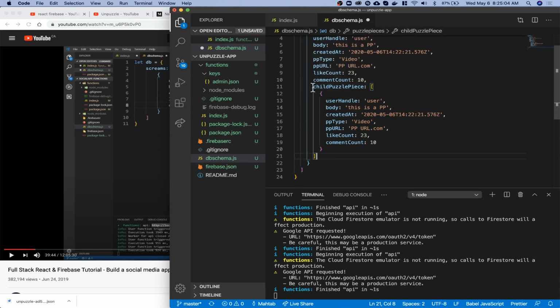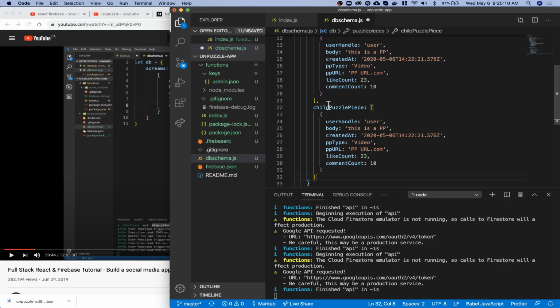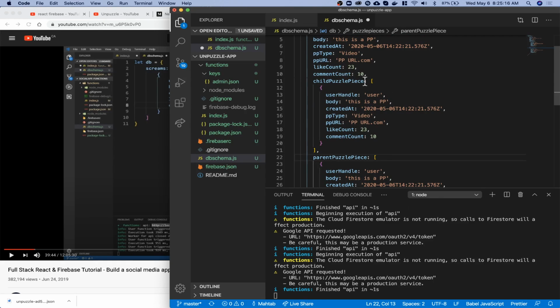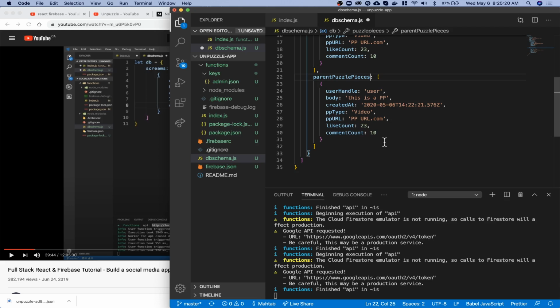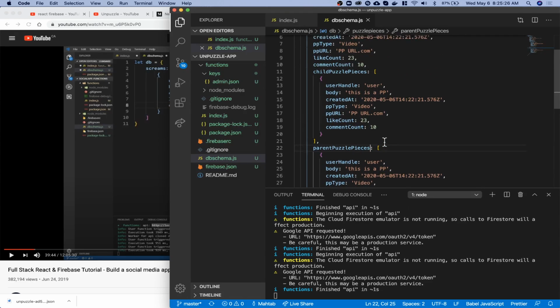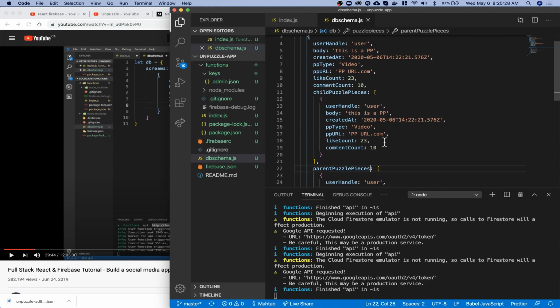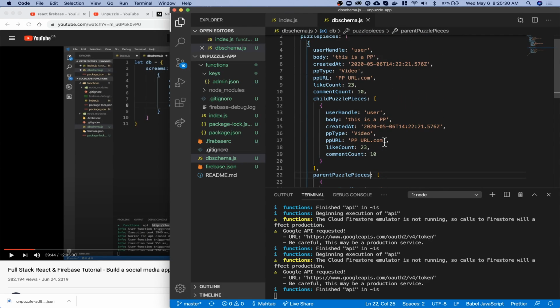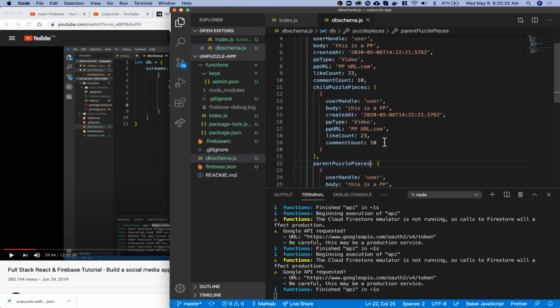I don't want to make it too much, but parent puzzle piece. So every puzzle piece has a parent, has a child, and I guess it should be in a tag,